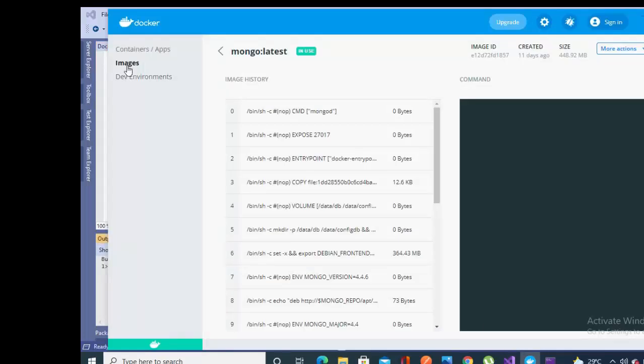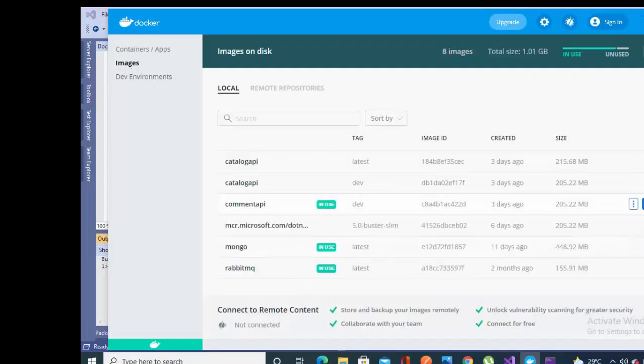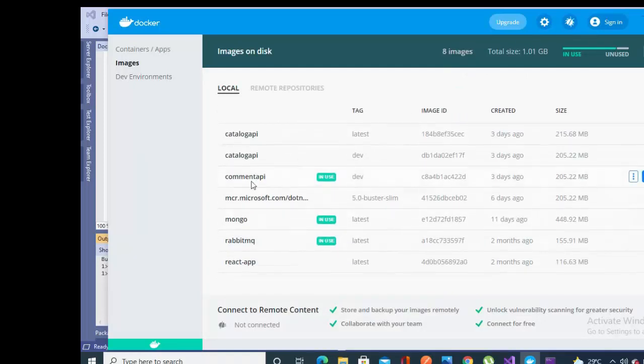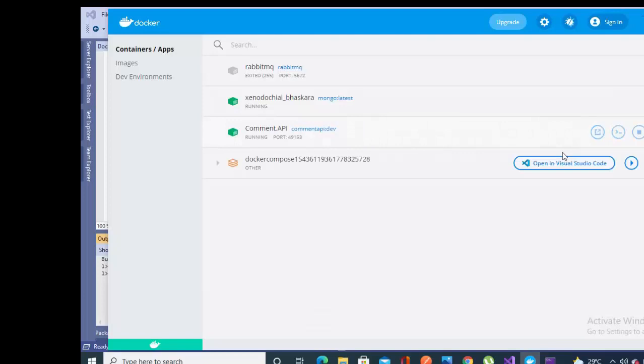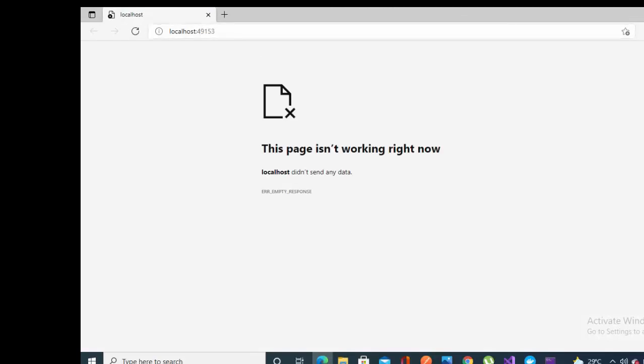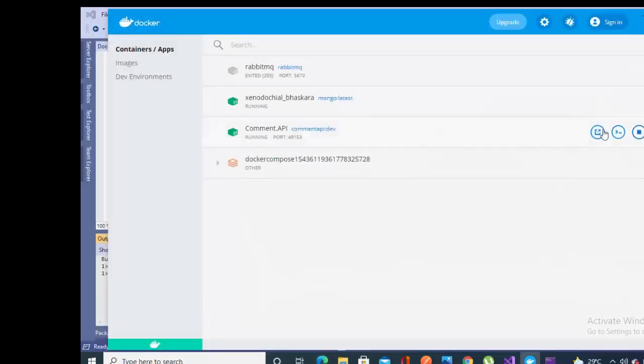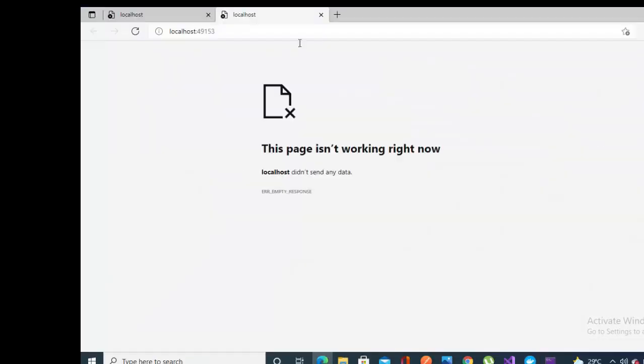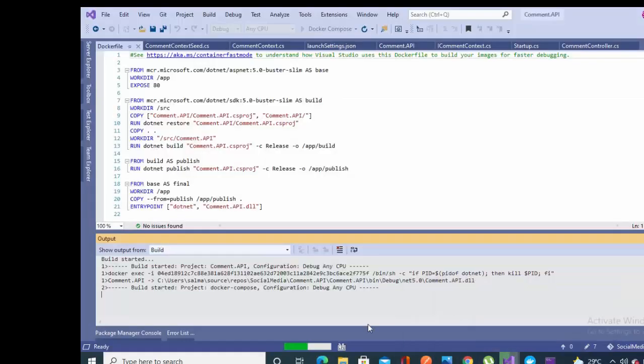As you can see, I have an image named Comment API. Okay, here it is, and as you can see, the image is running in the container. When I'm running this, the command is not completely executed right now.